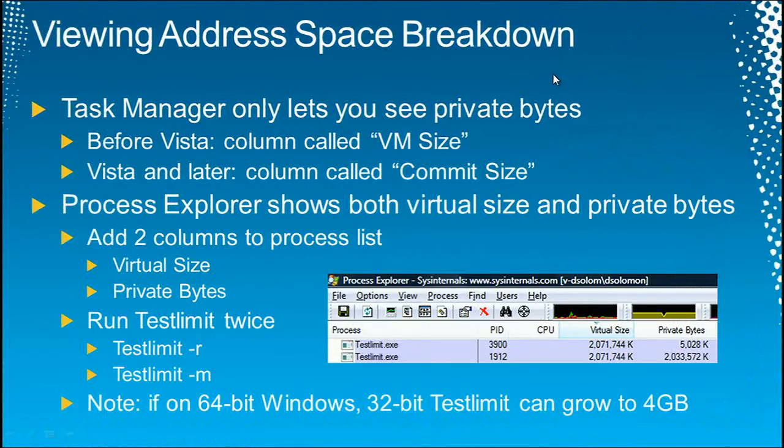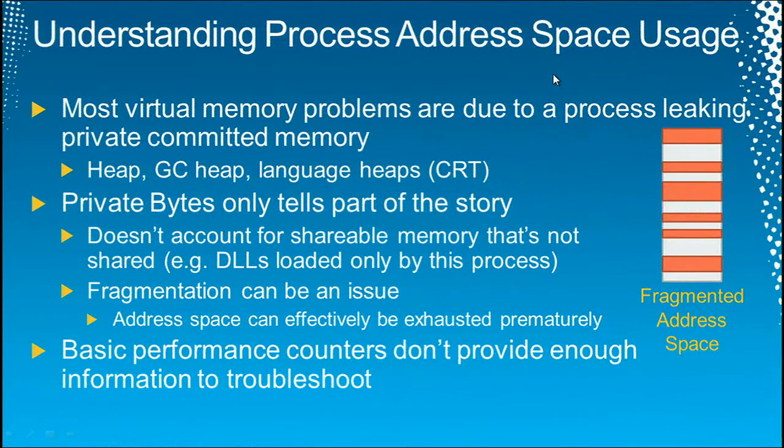So one of the reasons that Task Manager used to show you that VM size, and which later, what did it call it later? Commit size counter by default, was that most memory problems caused by a process are them leaking private bytes. That's by far the most common type of system impacting process problem, is they allocate data structures and they don't free them. And you end up with this leak that eventually ends up not only just impacting that process, because